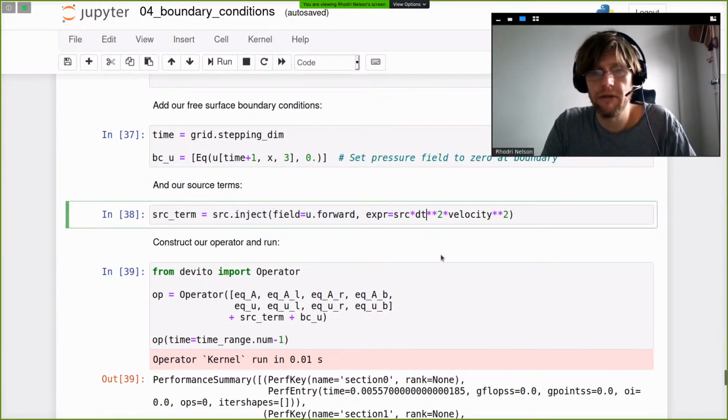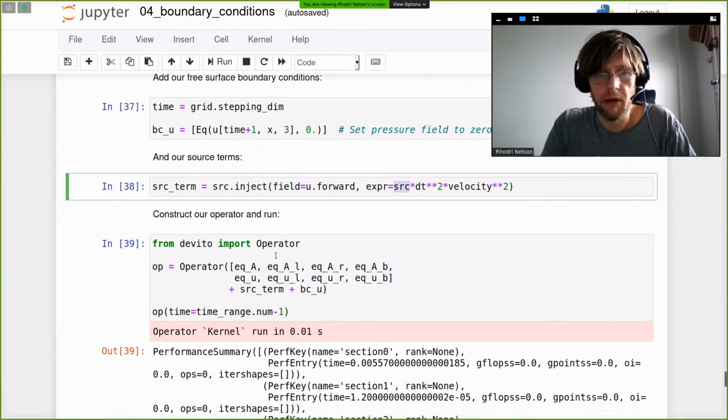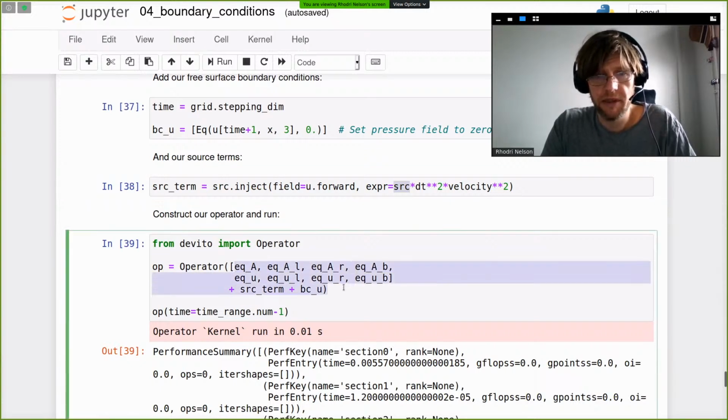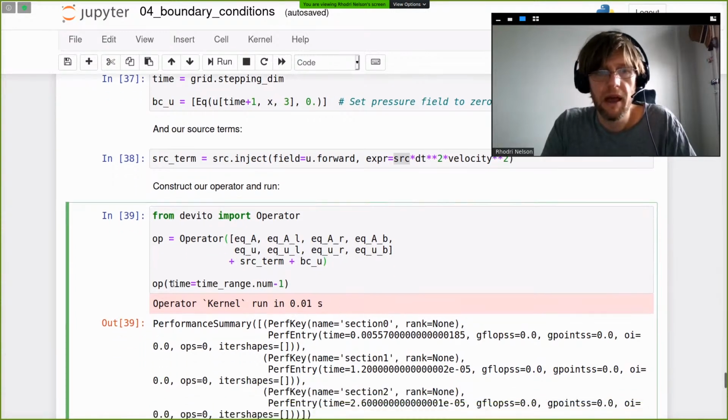Again, this is the second order acoustic wave equation, so we get this dt squared times velocity squared modification we need to apply to the source term, and then we can form our operator. So then we just pass it all the equations we have set up above along with the source term, and this is then the BCU, the upper Dirichlet pressure condition. Then we can run that operator